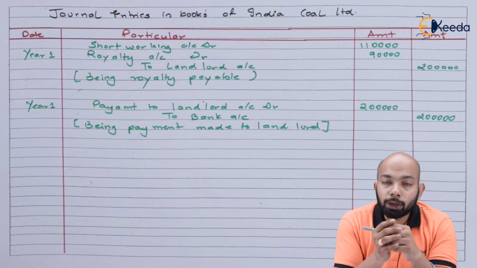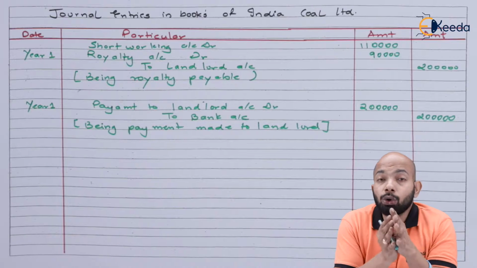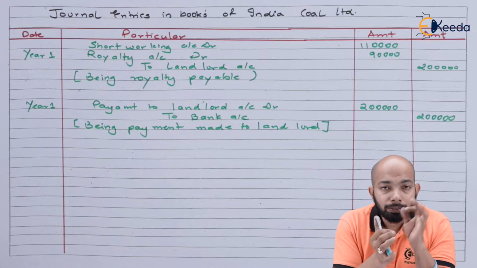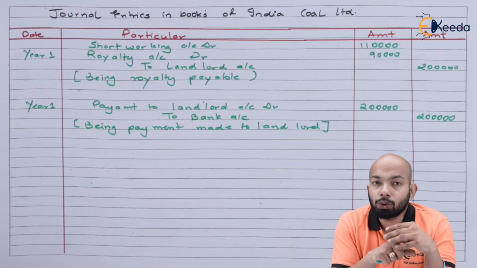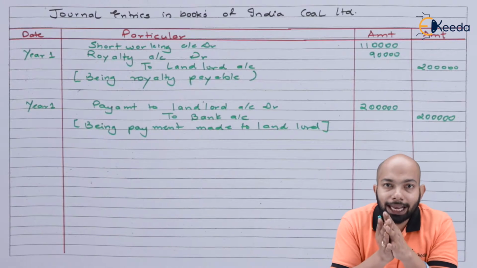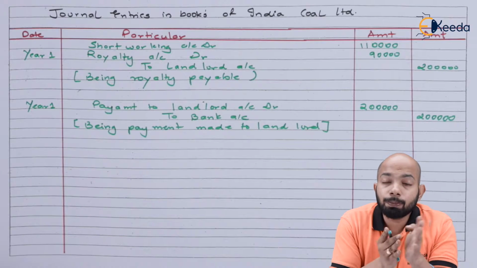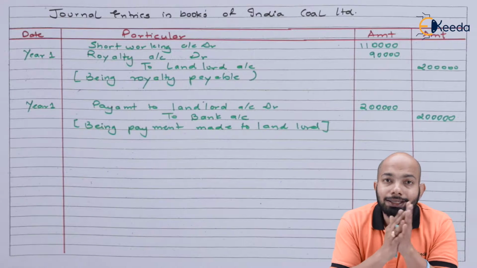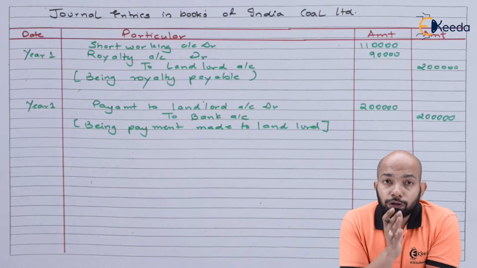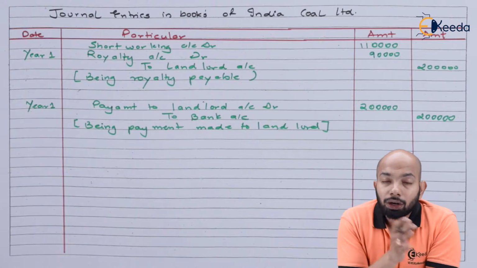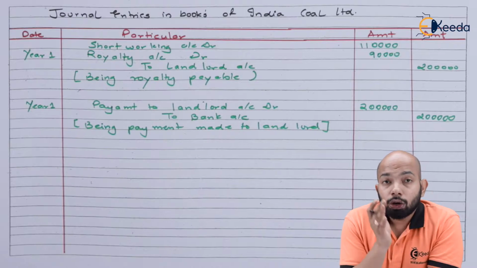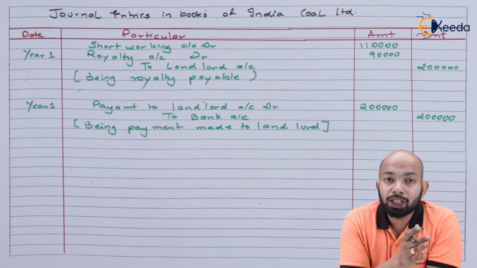So the second entry will be landlord account debit to bank account, the payment to the landlord. This refers to the minimum due or minimum rent that is paid to the landlord. This is in respect of all the entries that are done by the lessee. Now, for year 1, this will be the third or last entry, because whatever shortcomings or royalty we had